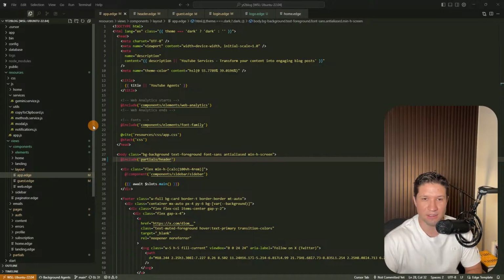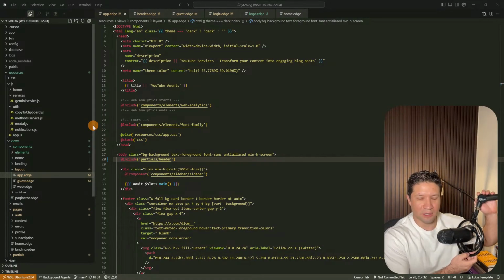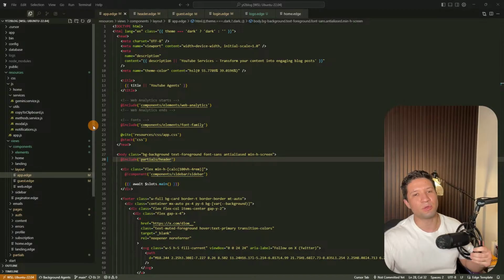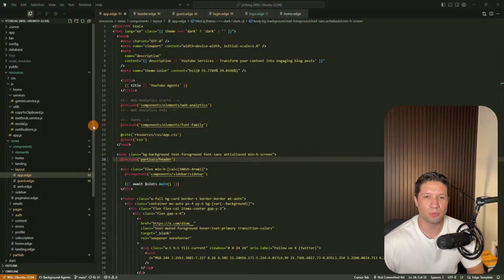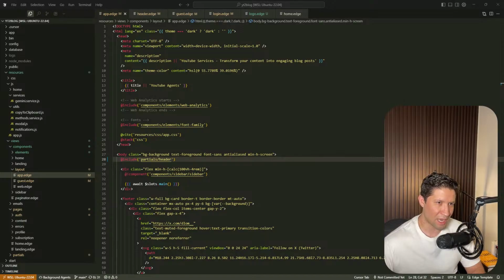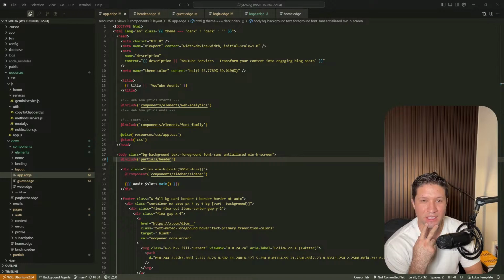This is the second session of working with JavaScript, specifically with the Adonis framework to build a web app. In the last session, there were some things that I didn't feel comfortable leaving like that. So in this session, earlier today, I started digging deeper into the documentation of Adonis and specifically Edge,